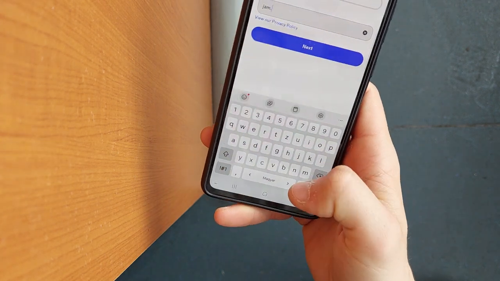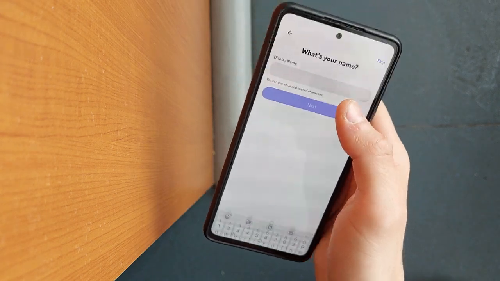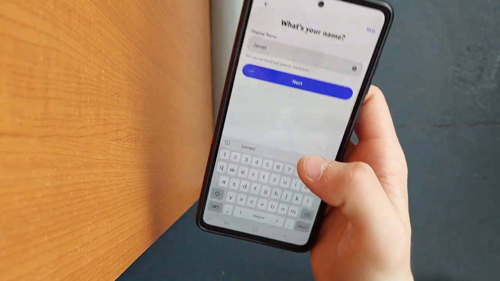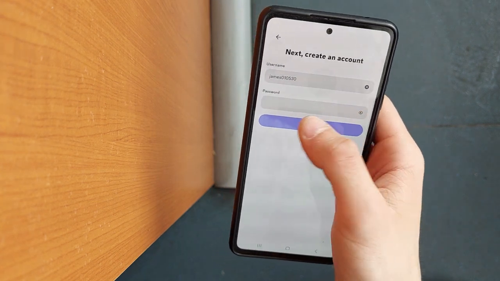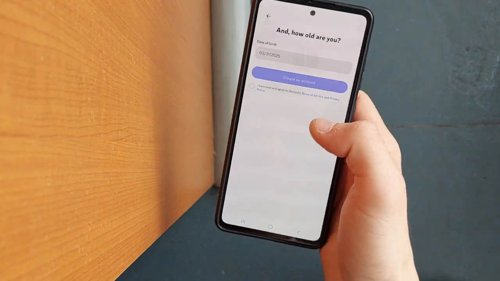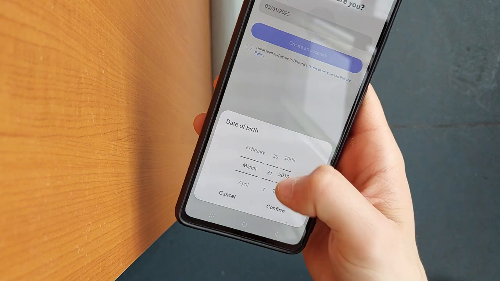Here we can type in our email address, then we tap on next. Here we add our name. We tap on next again. Here we can set up a password. Afterwards, here we can set our date of birth,